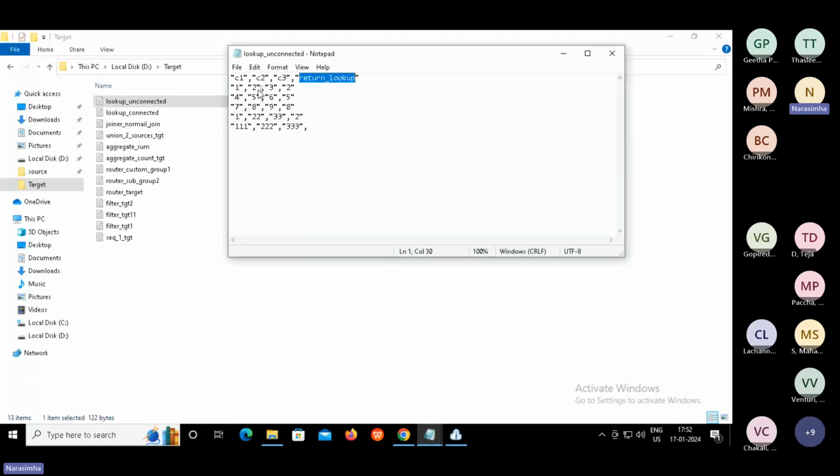Return lookup means C2, right? So 2582, and the last is empty, because of left outer join. Left outer join means all the rows from the left table, and the right table columns will be empty or null. That's how unconnected lookup works.